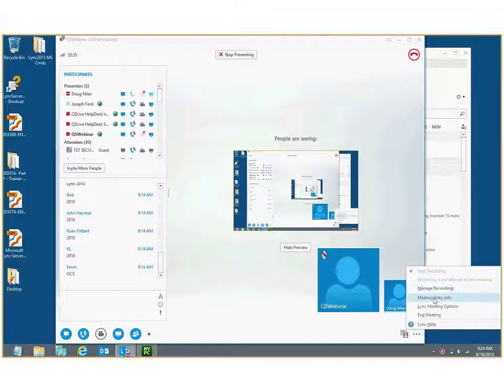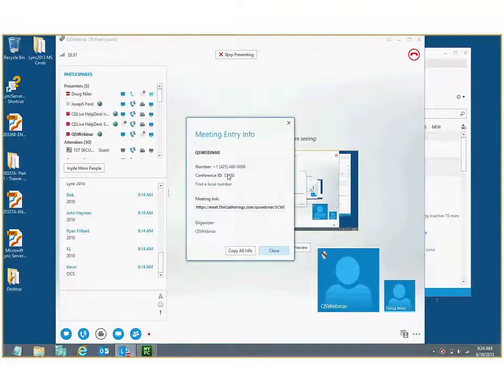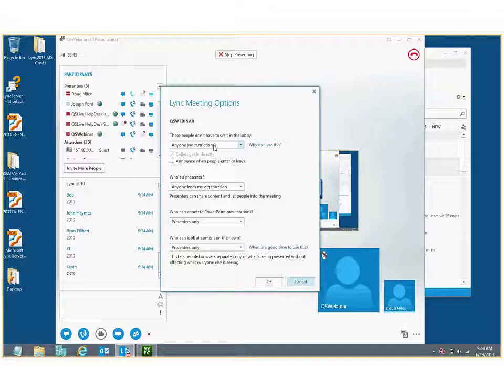I can define the meeting entry info. So what's the phone number we're connecting into? What's the actual URL? If I click on the link in this case, here are the options, and you can see from the options who can actually get in or has to wait in the lobby. Do I want to announce when people leave? Who's going to be a presenter? We can annotate presentations. Like right now, it's only me. And of course, then who can actually